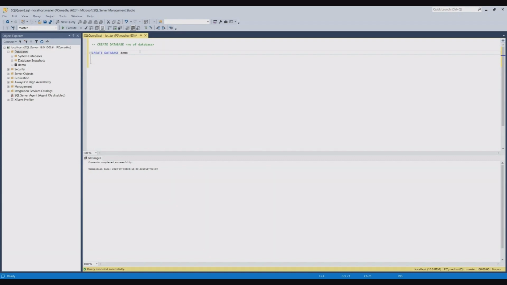Now that we have created the database demo, we will alter it. We will just rename the database name from demo to data labs demo. To alter any database, we have the alter query. The syntax for the alter query is alter database followed by the name of DB and then the modification we want to do. So here modify name and equal to the new name. Let's alter the database name. Name of the DB is demo and the new name is